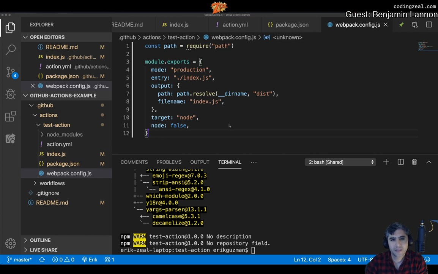Basically we say we want to run this in production. The entry point that we have is index.js. Where it's going to be pushed out is this folder again. And this is going to be running Node. Yeah. So now if we do